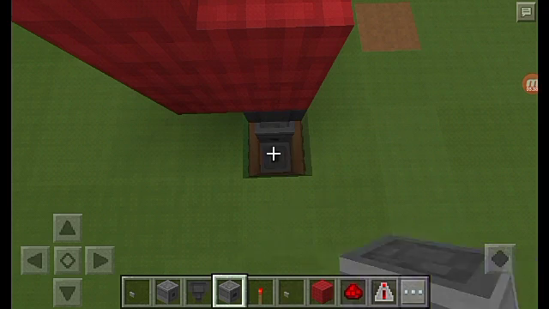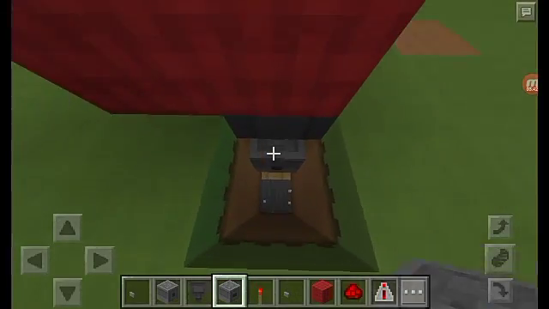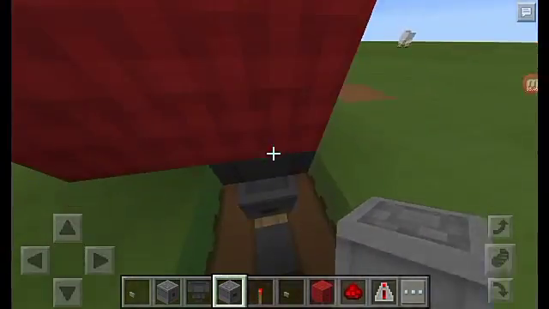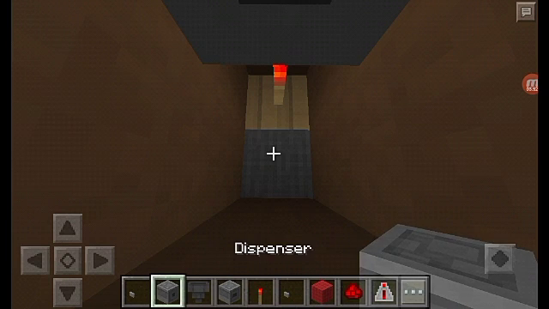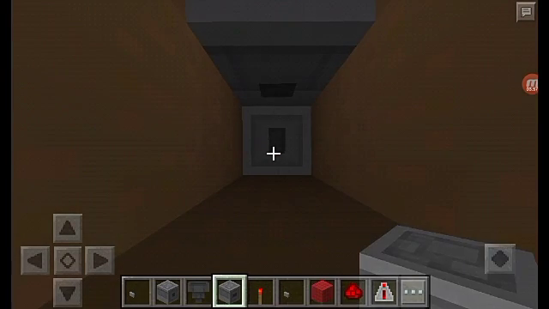right there. There's another dispenser. Wait, this is a dropper. Wait, we don't want this being a dropper. But we don't want this being a dispenser. We want it to be a dropper. And then we have this right there, which is